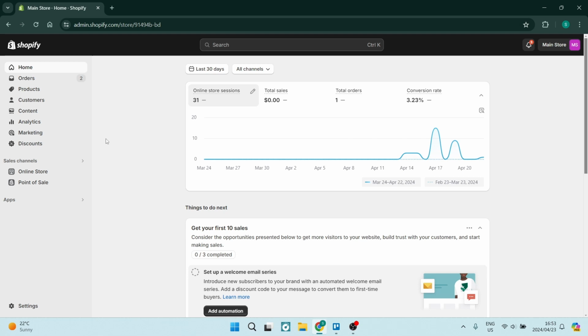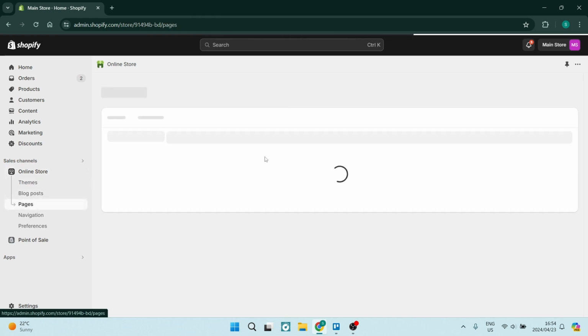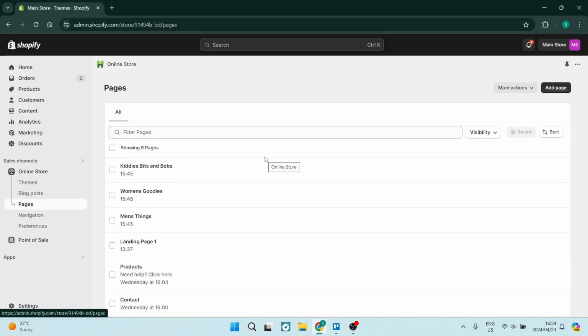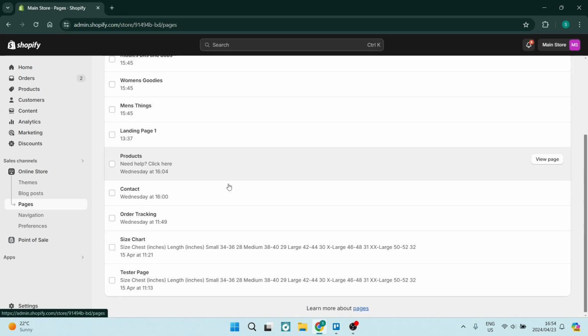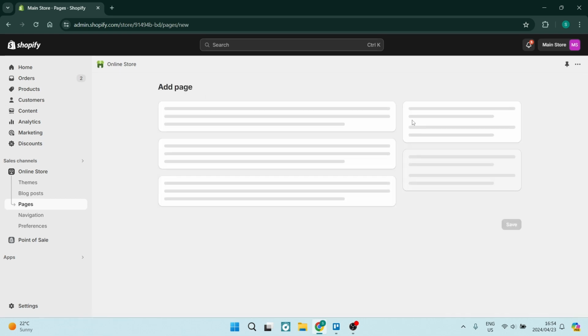On the left hand side you will see that there is an online store button just underneath sales channels, and here you want to go down and look for pages. Now as you can see here, this will be a display of all the pages that I have created on my Shopify store. Now what you can do over on the top right hand side is tap on add page,